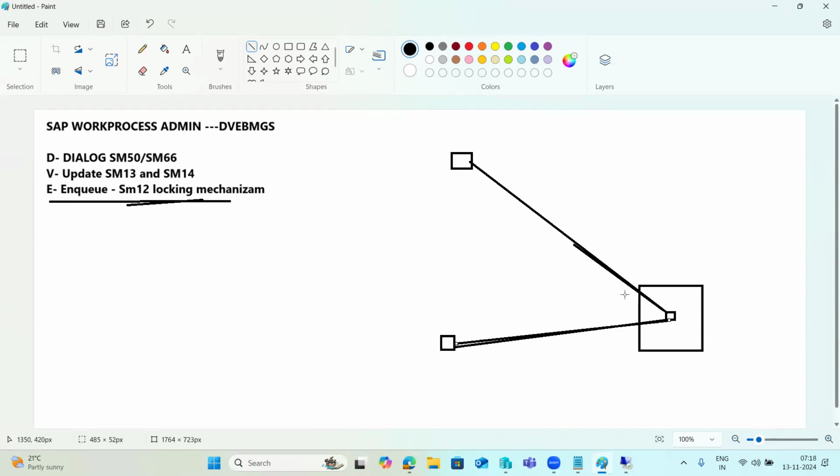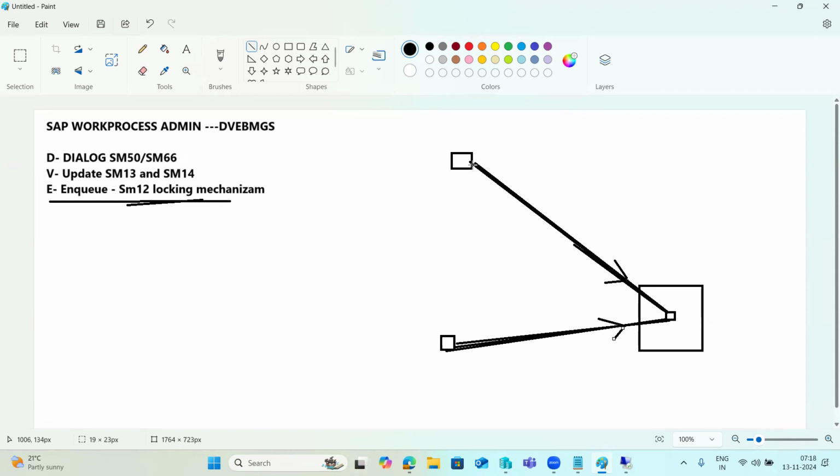If you don't have the enqueue, what happens? This person will book the same window seat, and the other person will also book the same window seat. If the same seat is booked for two persons, there is a clash, and both have to fight it out in the movie theater, right? To avoid this kind of inconsistency,